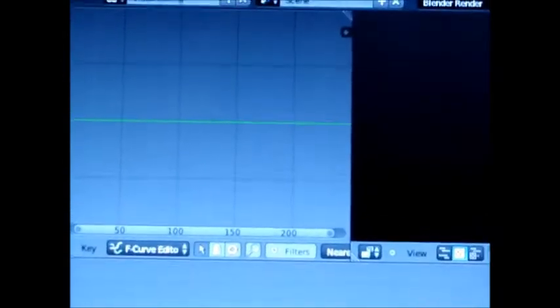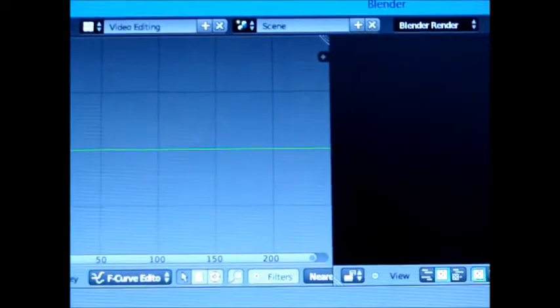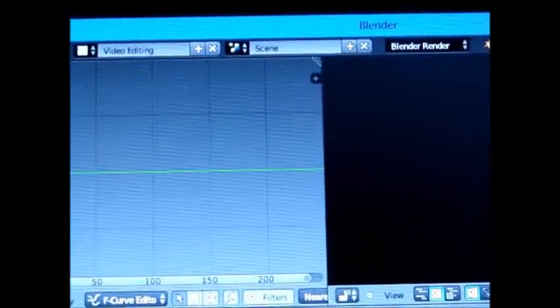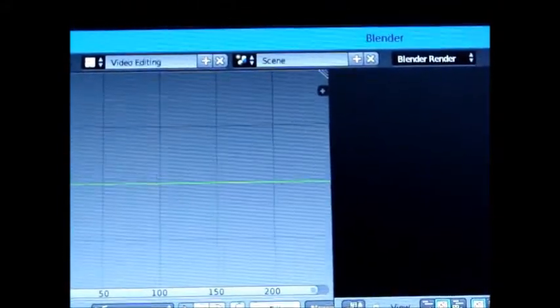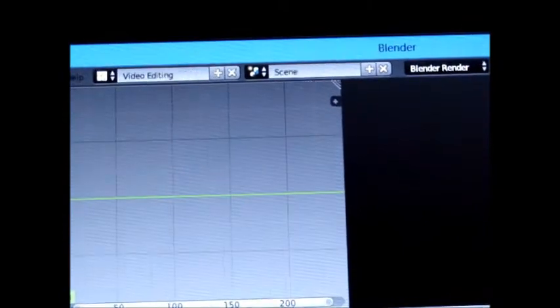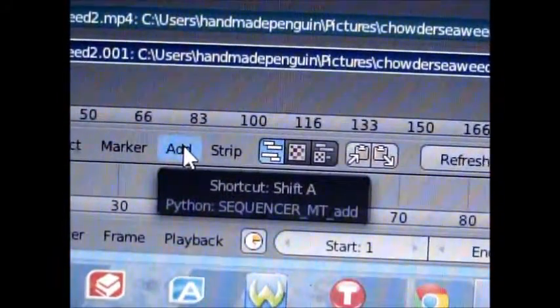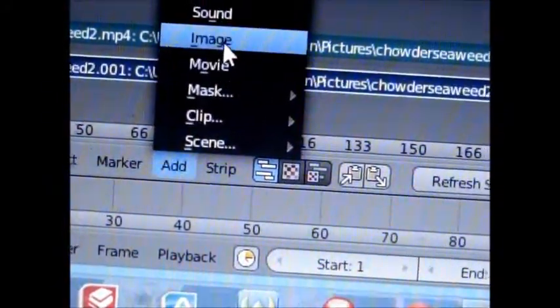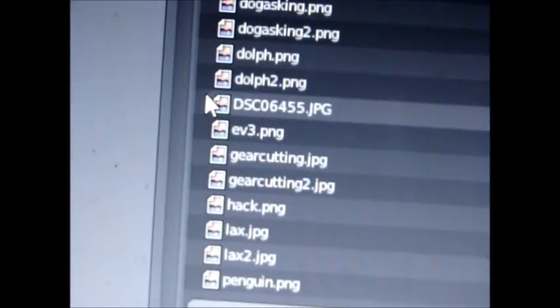Okay, so to add those sequences, I'm just going to position the playback to somewhere early on in the scene. So like right around here, let's say. Okay, and then I'm going to do add down here at the bottom, and I'm going to do image because it's a sequence of images. So I'll navigate to that, chowder seaweed, blob 1 sequence X